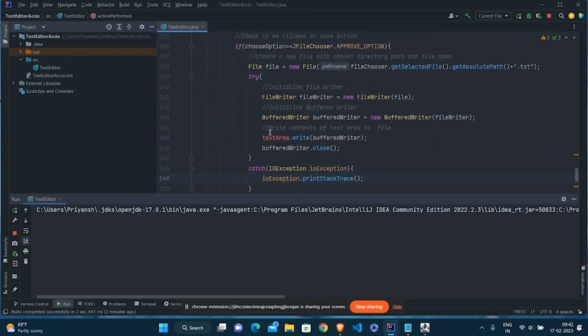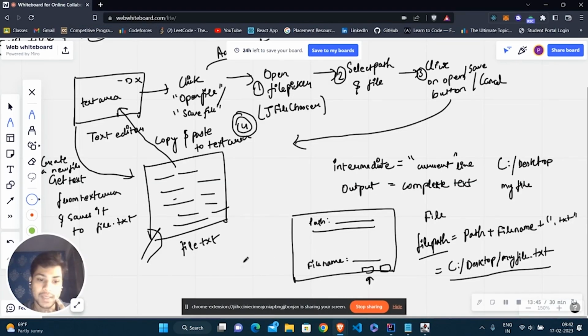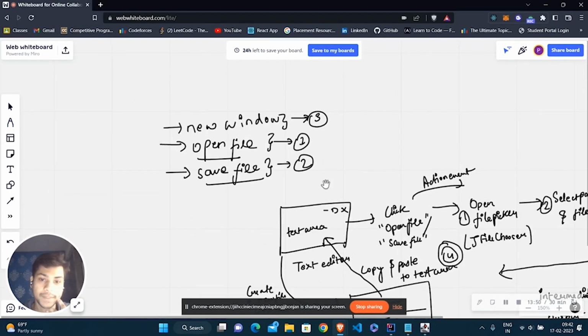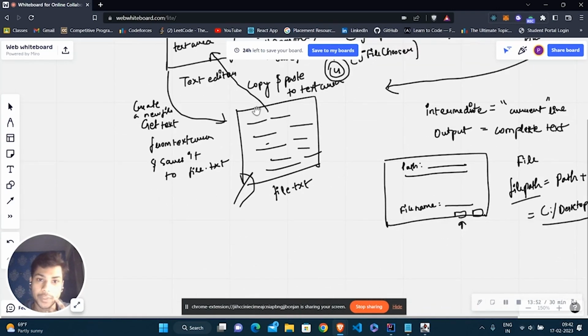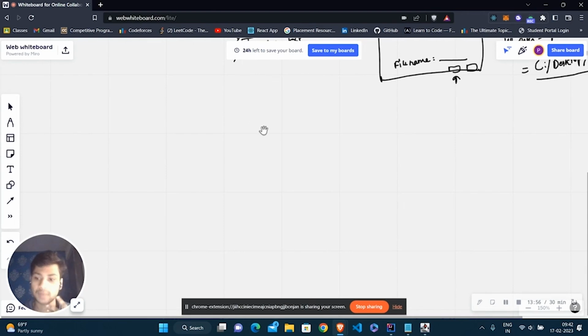Now the only functionality left inside this text editor application is the new window, correct? So let's just implement that new window. This is going to be very easy. So what I need is, when I click on new window,